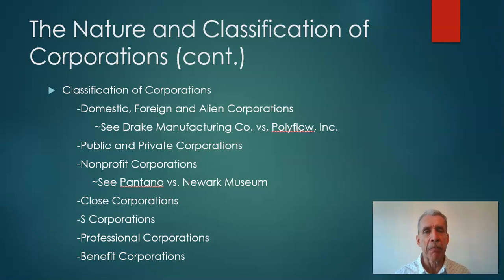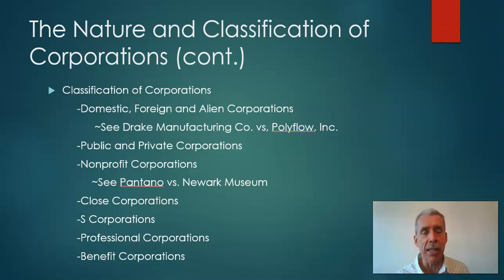This will make sense in a moment. Subchapter S corporations were corporations that had the best of both worlds. The shareholders had limited liability, but the shareholders were taxed individually. There was no double taxation. The money passed through the corporation like a partnership, and the shareholders were taxed. So that was a very popular thing until LLCs came along.